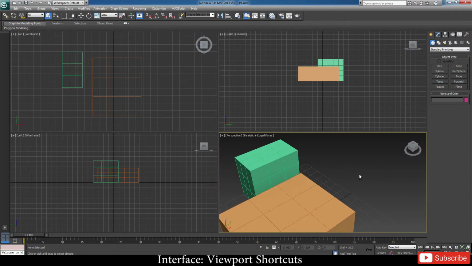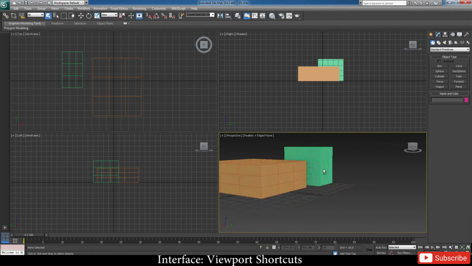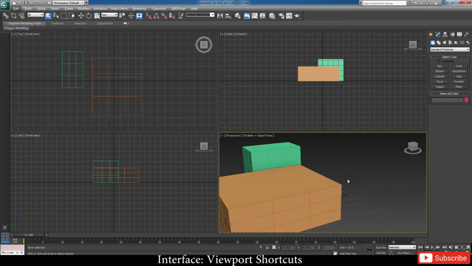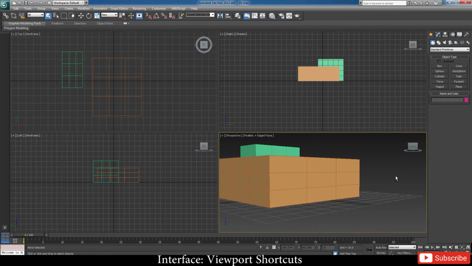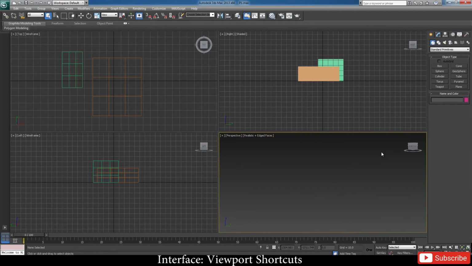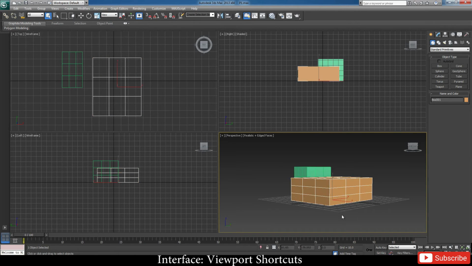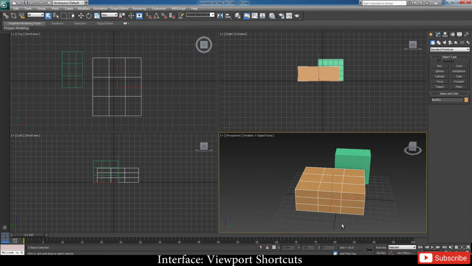If you don't select any object and go this way, at times what happens is you go off screen, then you've got to come back. So how do you do that? Let's say I am out of the screen, I have gone somewhere, I don't know where to go. I press Z. This is a shortcut to get you back to the grid. These are very handy shortcuts. We'll be using them constantly throughout the course, and you'll find them helpful as and when you start.